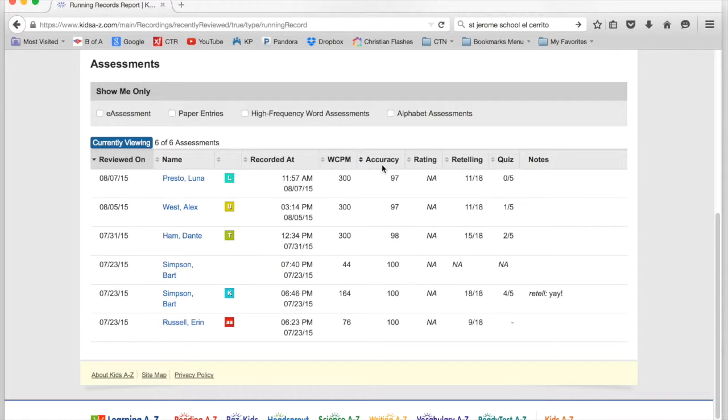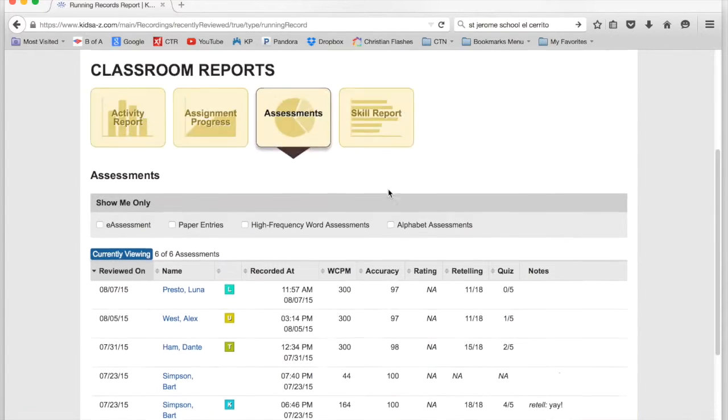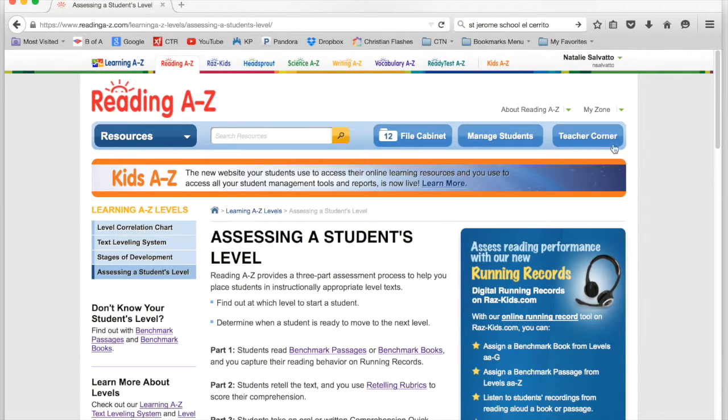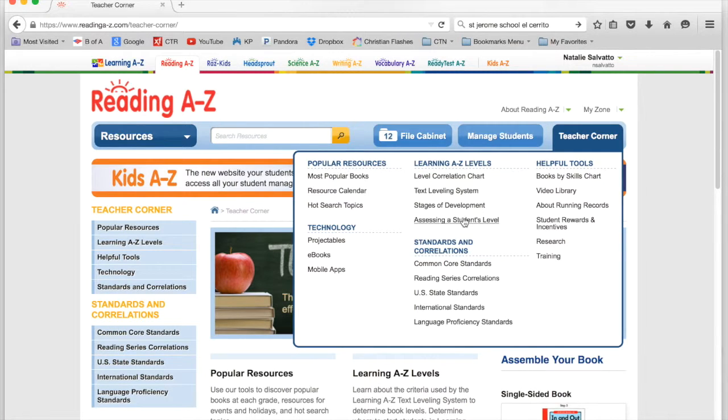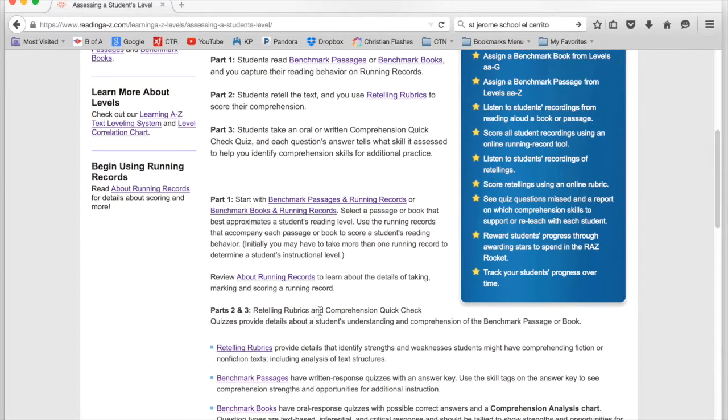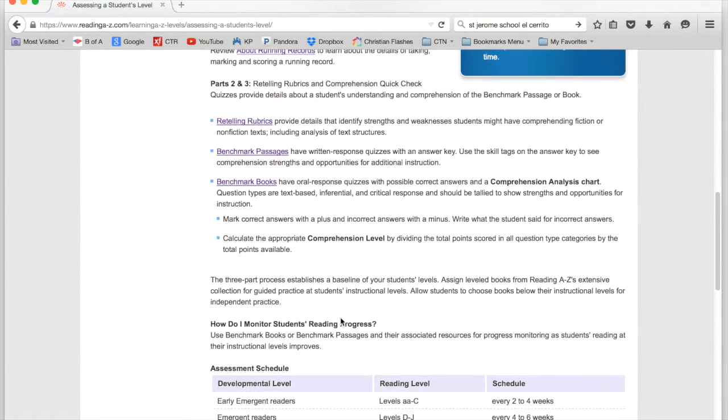And then if you're wondering, well, what does that mean? What do I do with that? You're not sure what to make of those numbers? Let me show you a really great resource. Go to Reading A to Z. Go to the Teacher Corner and go to Assessing a Student's Level. This is really great. I would print this, look over it a bunch of times, and then